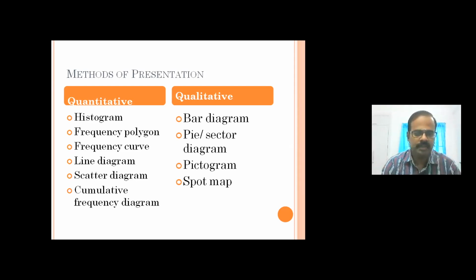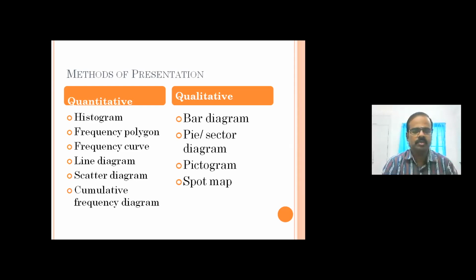For the frequency polygon, you take the midpoints of the histogram, mark the points and connect all of them. If you remove the bars, you will get a frequency polygon, right? If you have a huge number of observations, the frequency polygon will take a smooth curve that is called a frequency curve. And the line diagram, I repeat, one of the important points about the line diagram: